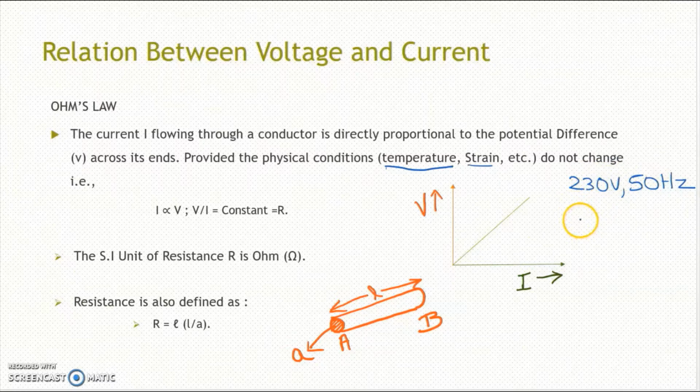In the US we follow 120 volts and 60 hertz, due to the temperature variation in India compared to other countries, that is the US. So remember this, this is very important. Another drawback of Ohm's law is that it's only applicable for passive elements: resistor, inductor and capacitor. It is not applicable for active elements like BJT and MOSFET, which we are going to study in the next slides.